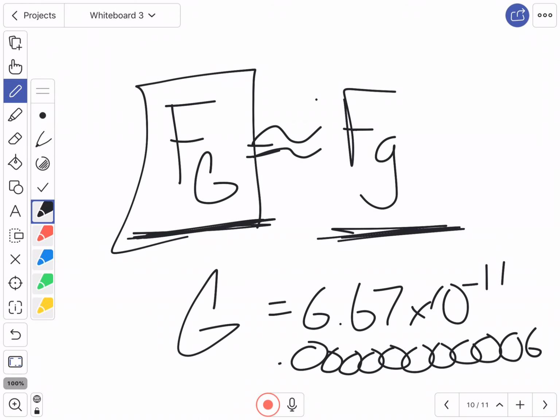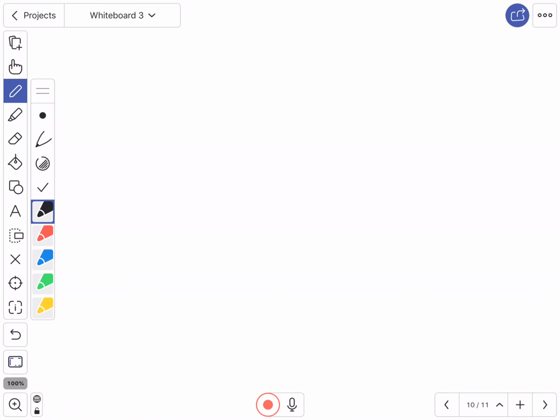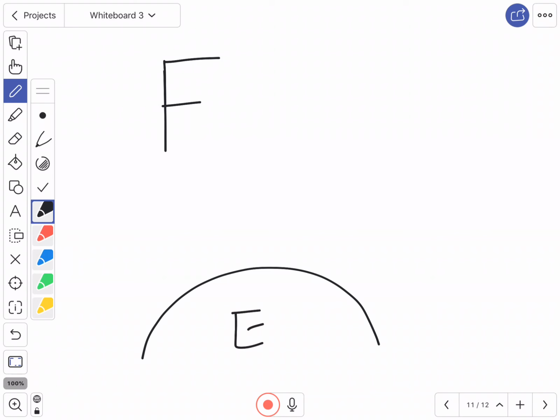So the idea is that these are really, really small forces unless we're talking about a grand scale in terms of the size of the Earth. Now, the other thing I want to show us is what has to be true. If you are here on Earth, the Earth has a mass. You also have a mass, right? And so there is an attractive force pulling you down. You are also pulling the Earth up, right? And those two forces are the same.